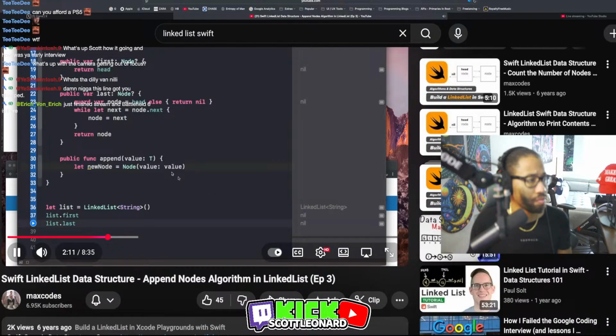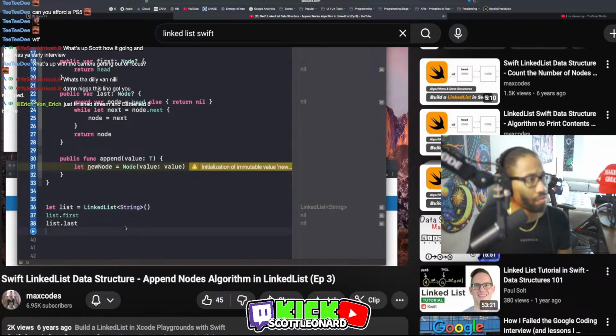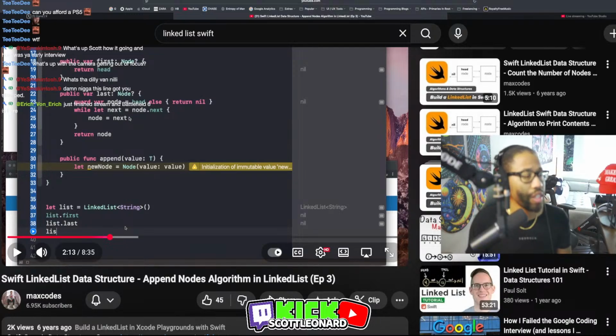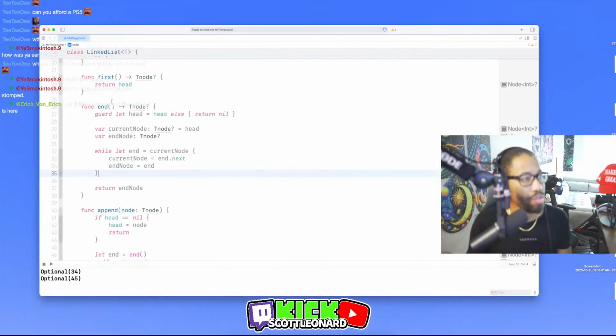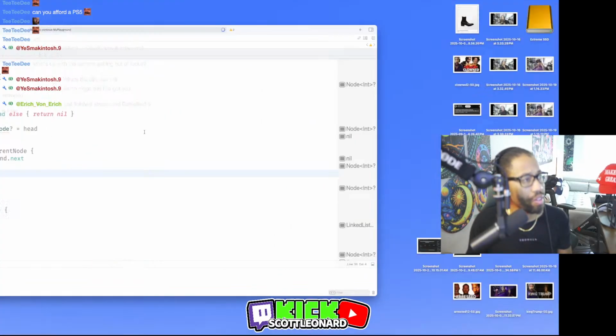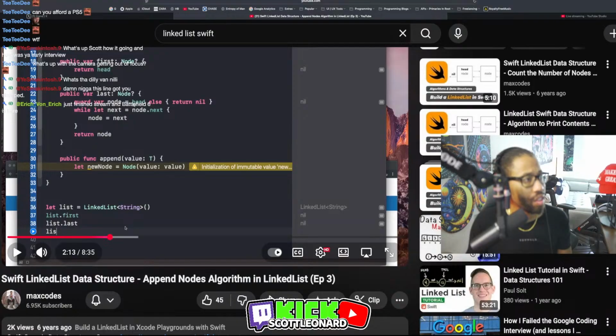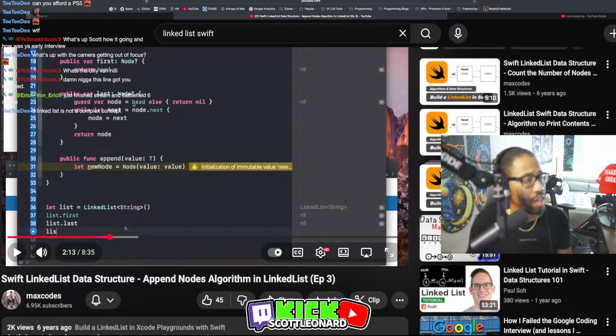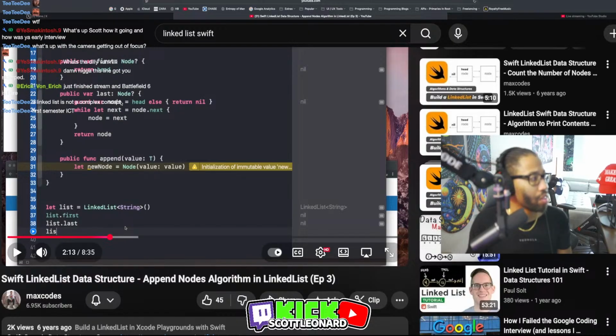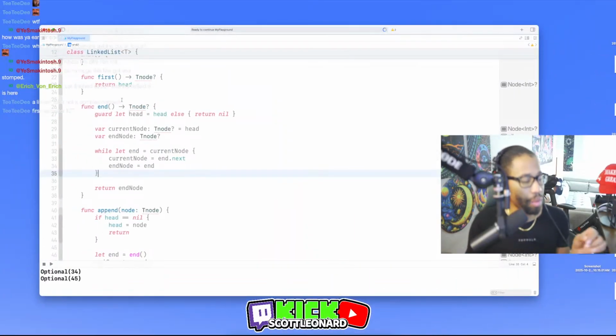Now you might be wondering, well, if we said string here and then we go down here, when he did last, how did he do last? It works different from what I did. Current node, I did node equals head. He returned node. Why am I struggling with this?